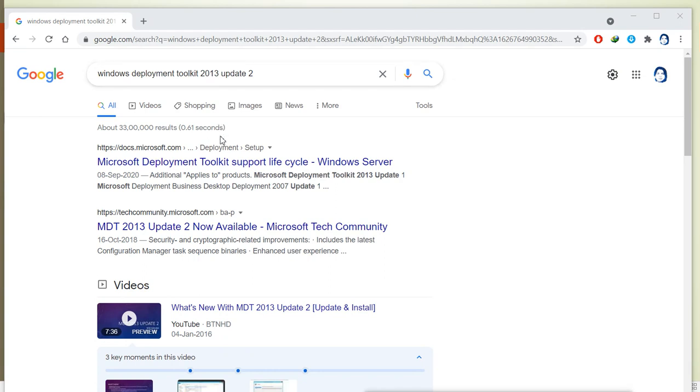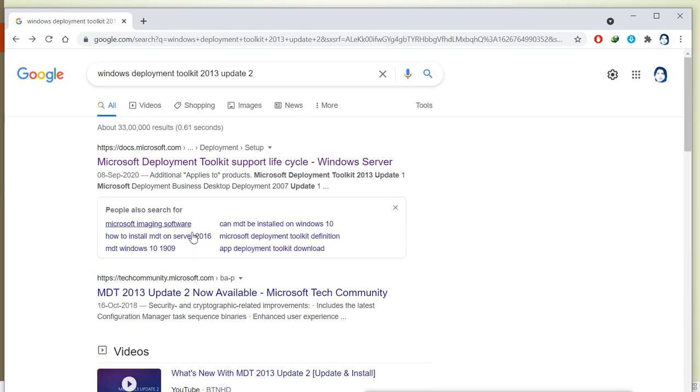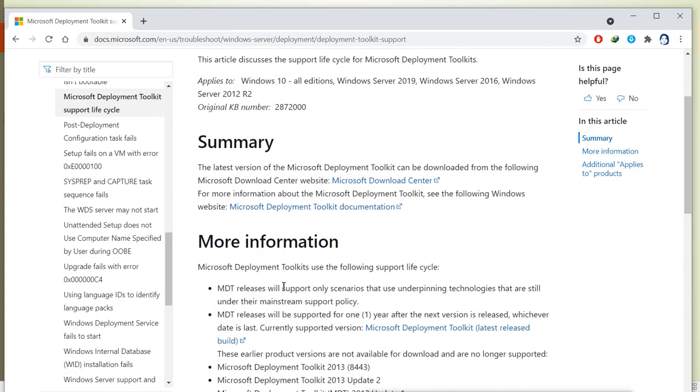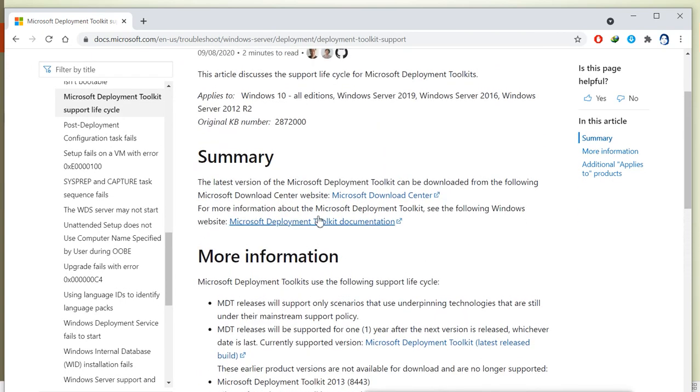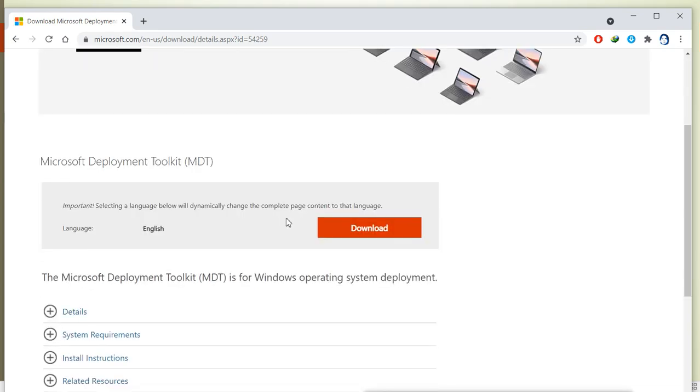Now you go to this Microsoft official site, and you can see where you can download it. Microsoft Download Center. And here you can see this is the deployment toolkit.